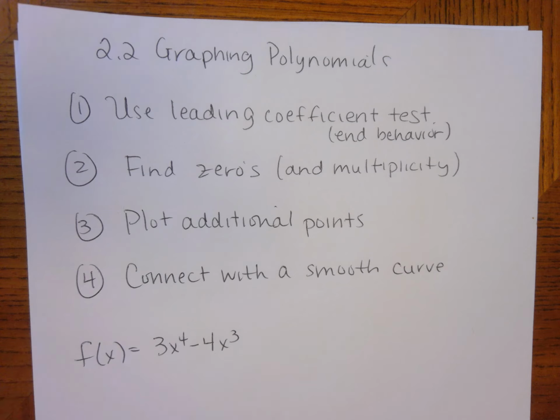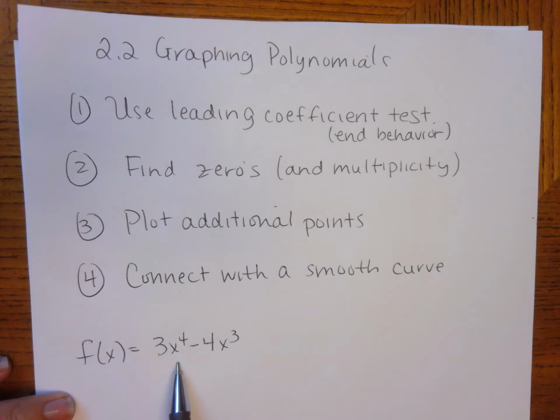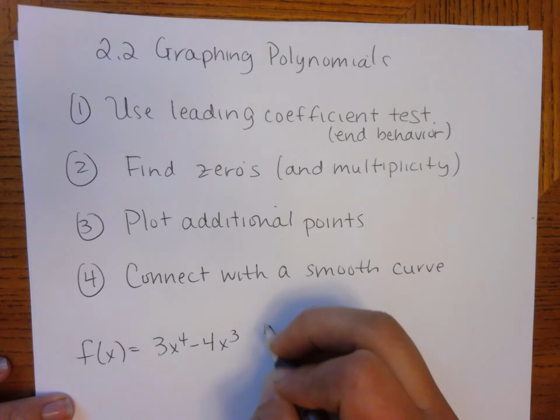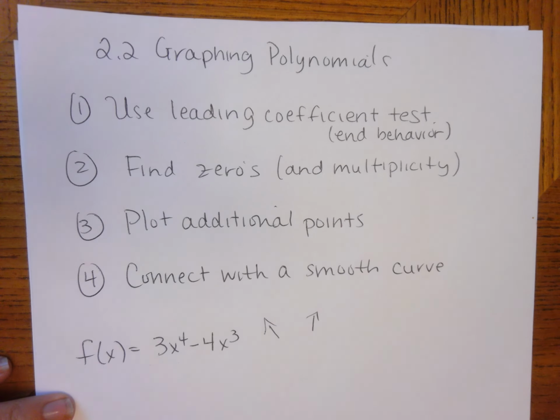the end behavior. So again, I have a polynomial of degree 4. Highest exponent is 4 here. It has a leading coefficient here that's positive. So that means I have an even degree with the positive leading coefficient, meaning that my end behavior should look like this. Okay? So the next thing that we're going to do is we're going to look at part 2,